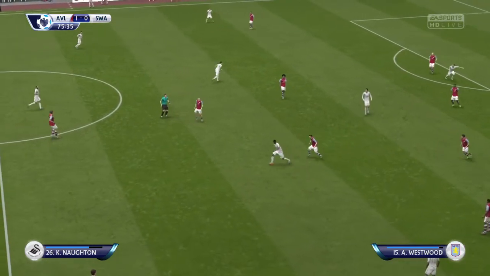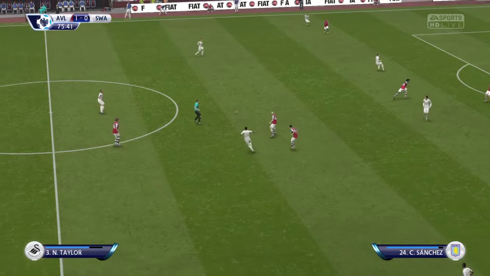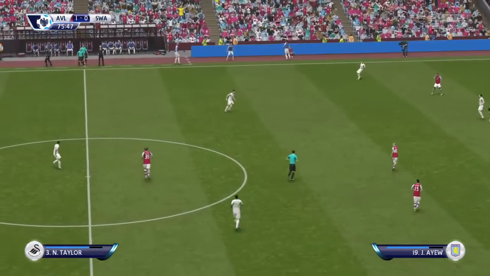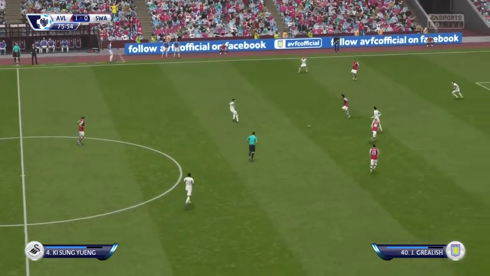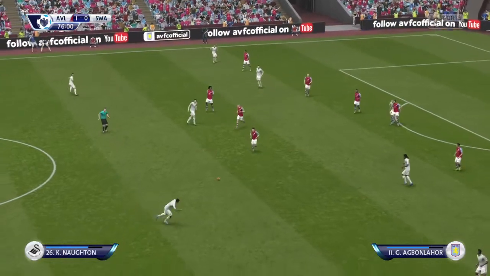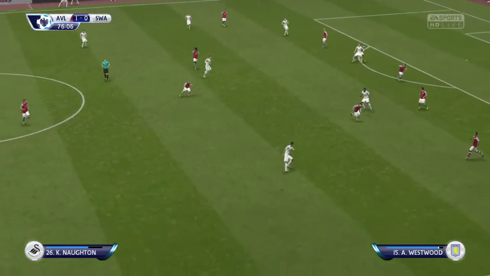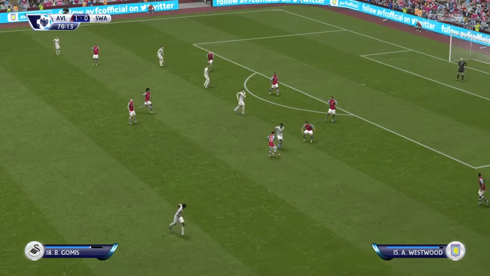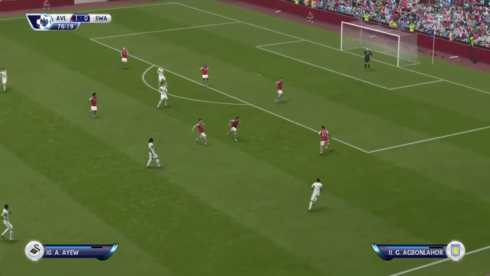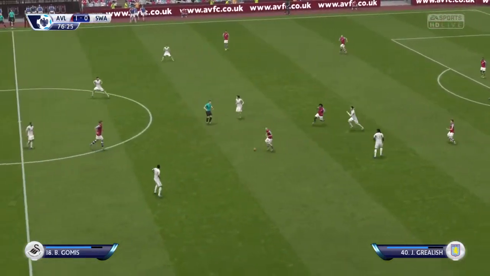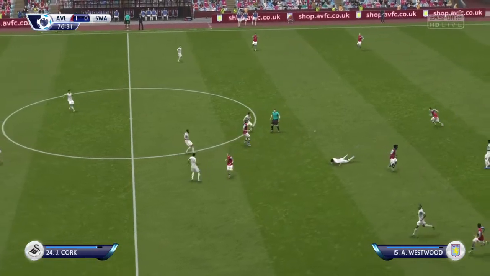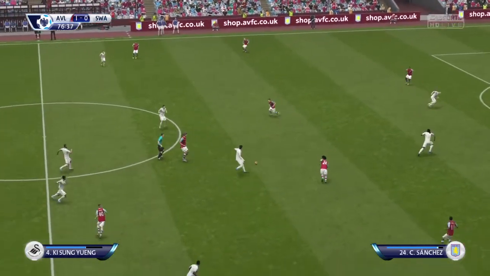Down on the Aston Villa bench, there's some movement. Sung Young Ki. Agbonlahor. I see a substitute coming on for the away team here.